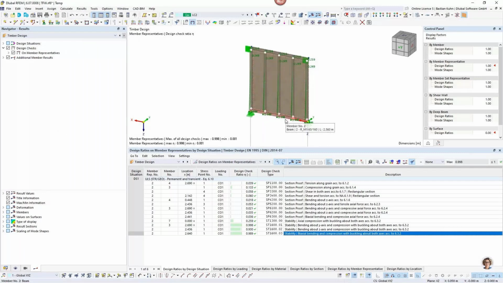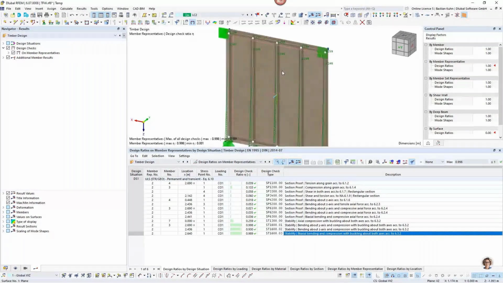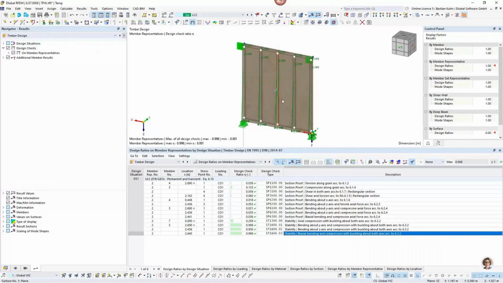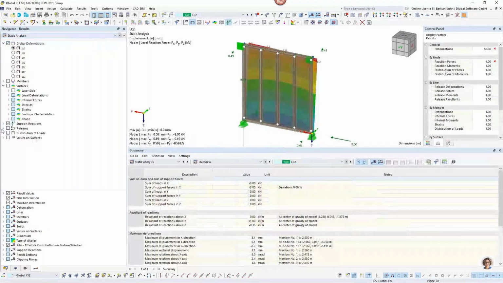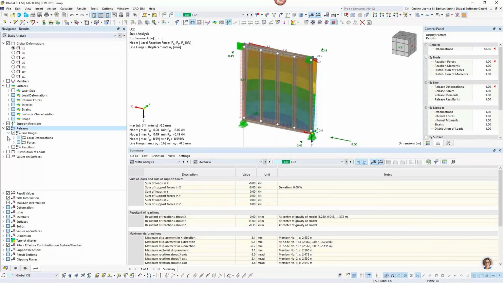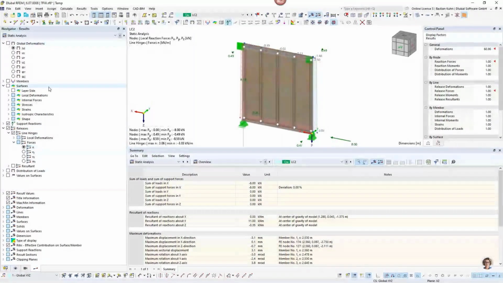Okay, the connections inside it is something which is also the most important verification. It must be done by hand, but there are methods and ways that help you to calculate that, and you can take a look into navigator, results, static analysis, releases, and then line hinges and forces. So usually the value that you need, we switch off this one and also the